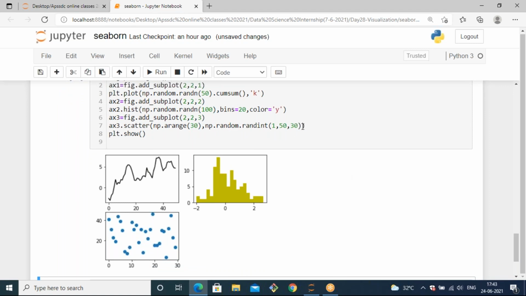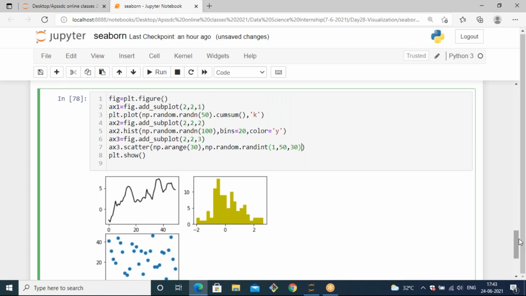If you want to pass labels, you can pass them. Let's pass labels also: label equals to, it is a line plot, and it is a histogram plot. And in the histogram plot, if you observe, it will generate a histogram like vertical. If you want to generate a histogram like horizontal, you can generate it.